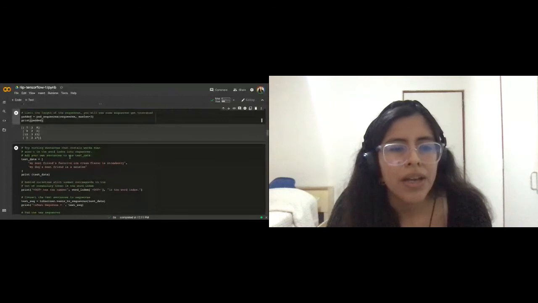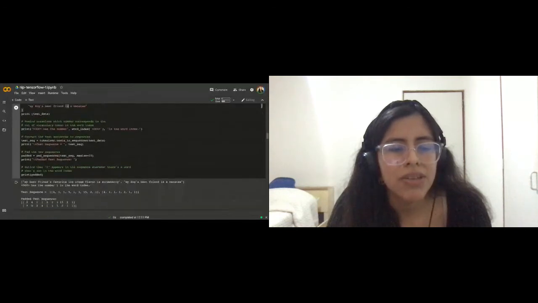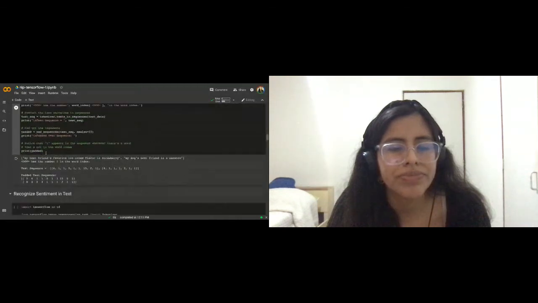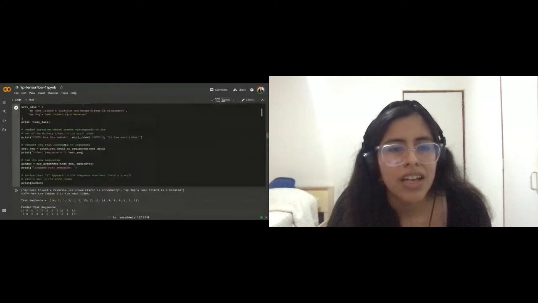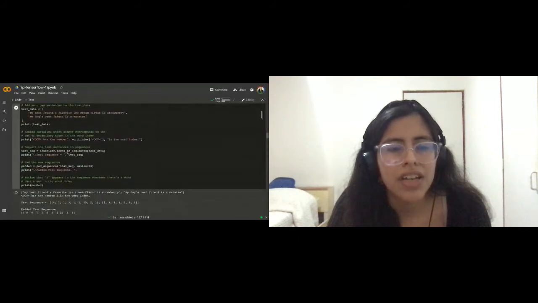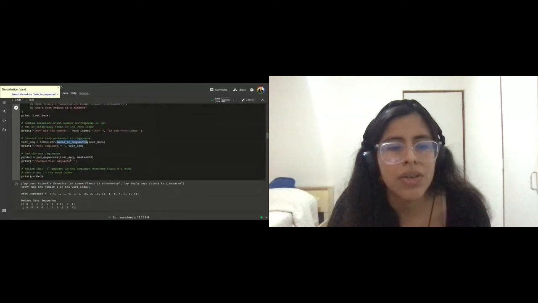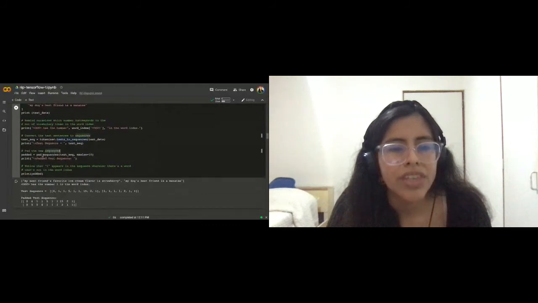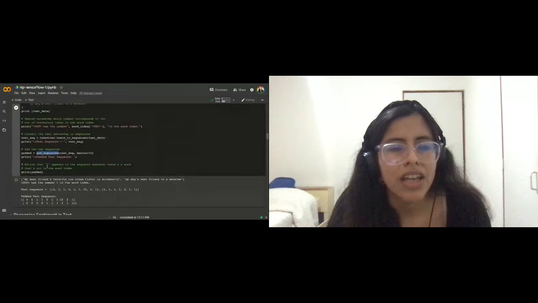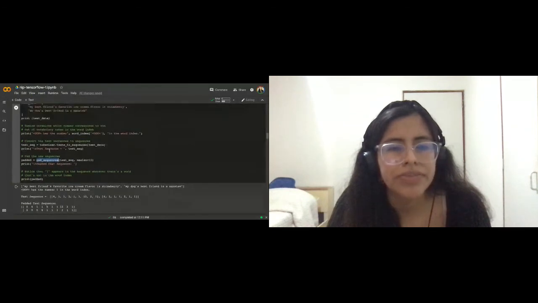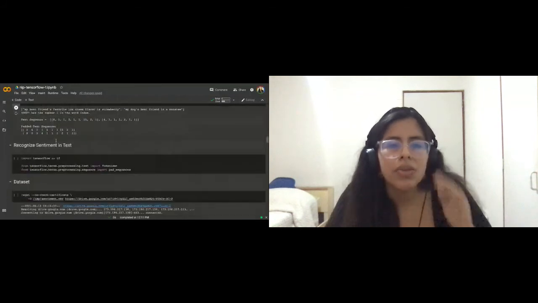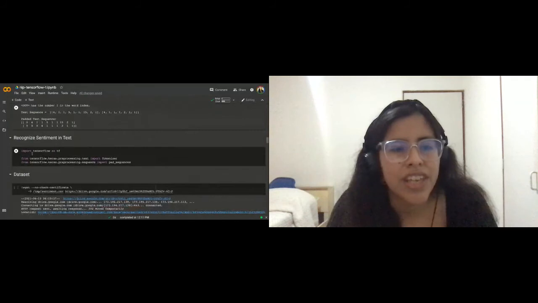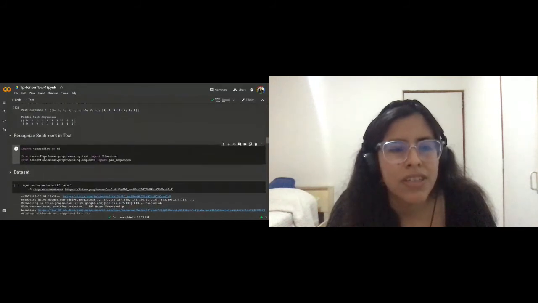Then, well, these are some examples if you want to use more. It's a summary of the previous steps using the tokenizer with texts to sequences, using the padding, and that is the way to preprocess your data. So let's start with the challenge for today, recognizing sentiment in text.